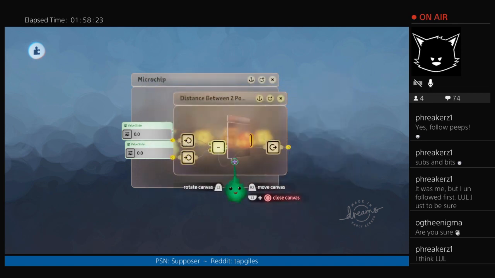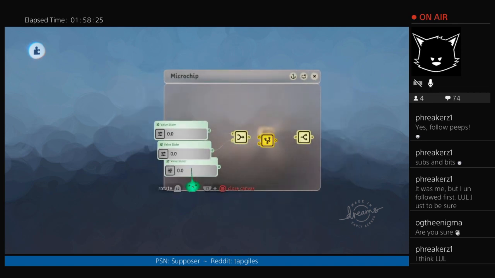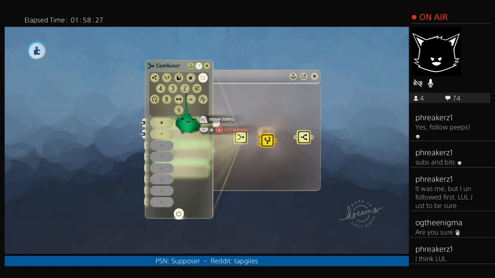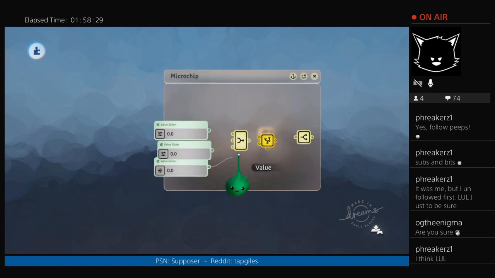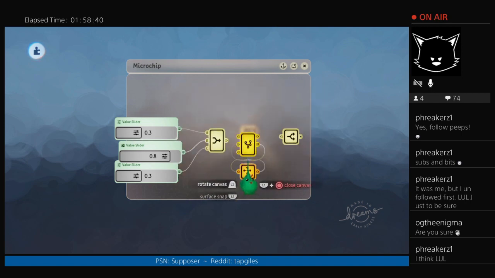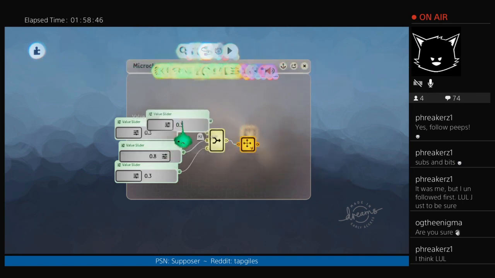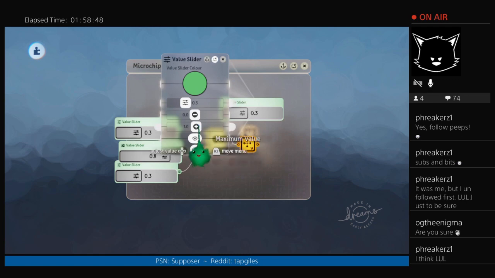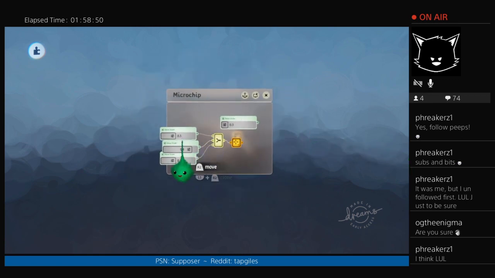Oh, it assumes it's a 3-part thing. Okay. So we'll make that a 3. So we've got some value. Oh, we don't really want that. We want just that. So then we get the vector magnitude,